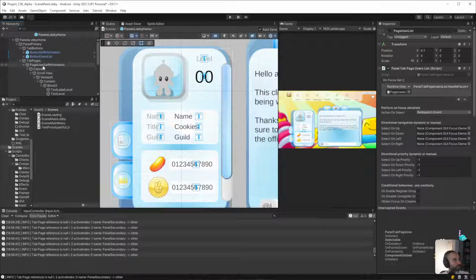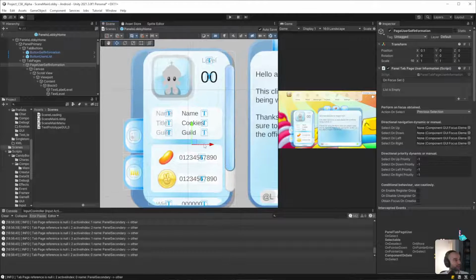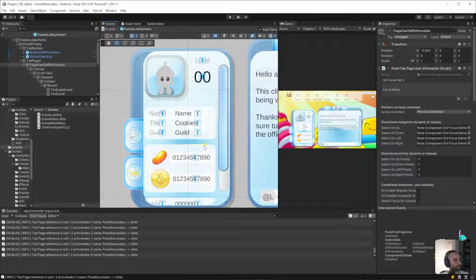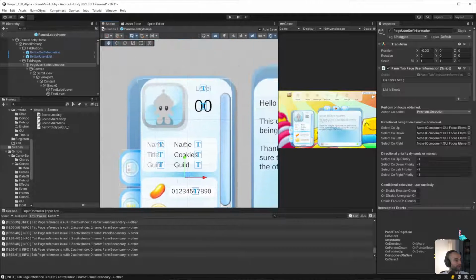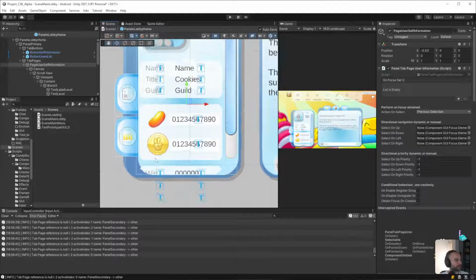Yeah, it's using the old scroll view, so I don't think it really needs the functionality of the new scroll view component. Can offset this slightly. That looks about center. Oh, vertically as well. Okay, I need to wait. Vertically it gets cut off.